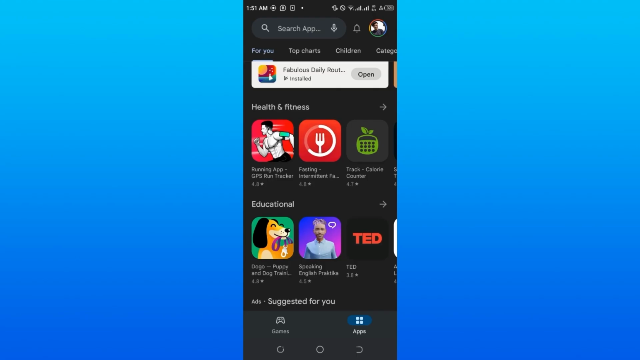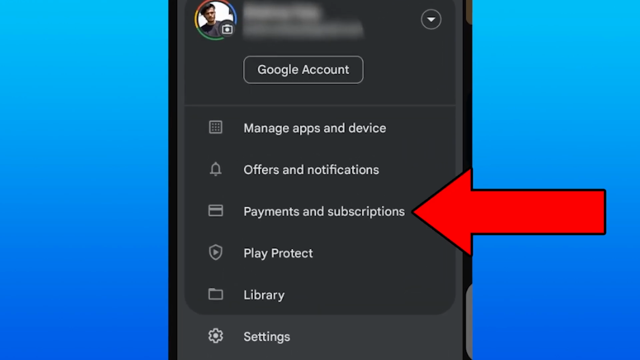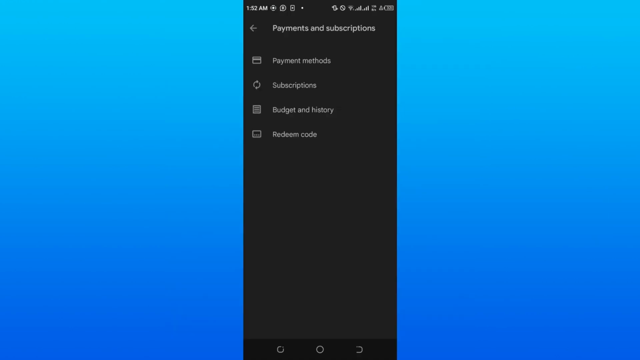Fixing your payment method not being available or not working on the Google Play Store is really easy to do. Now, the first thing you're going to need to do is click on your profile icon once logged into the Google Play Store. From here, you simply want to go down to the option called Payments and Subscriptions, where you click on this and you simply want to go over to the option